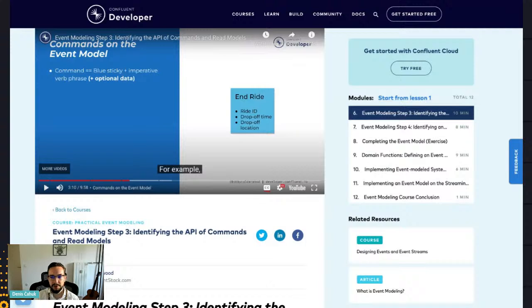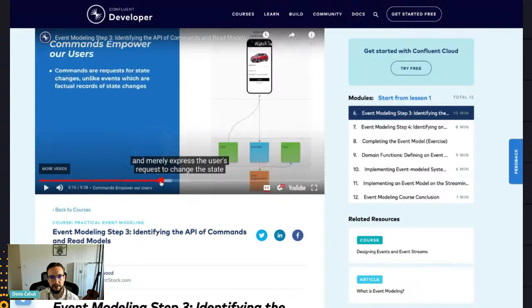I just want to jump to this video real quick because there's an important concept here that really highlights how event modeling in CQRS works in a way that is not very complicated. It's very easy to understand, even if you're doing clean architecture, right? So these arrows, for example, are a very good example. There's a ride. The green thing is kept up to date to show your UI.